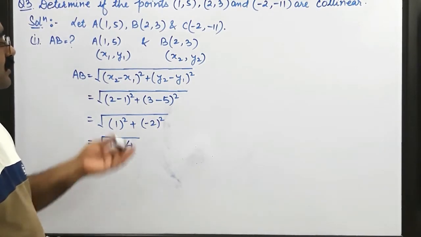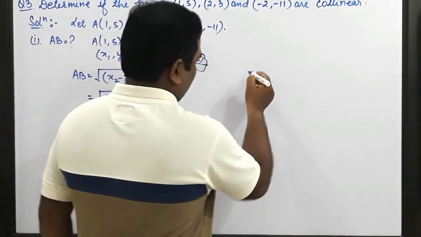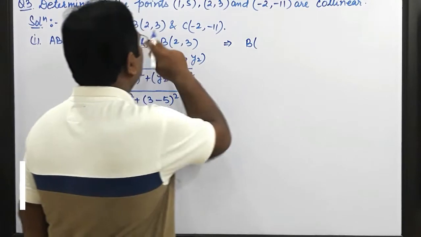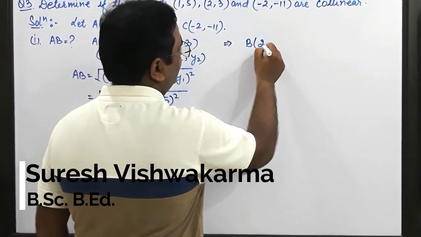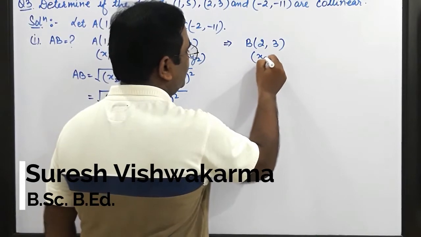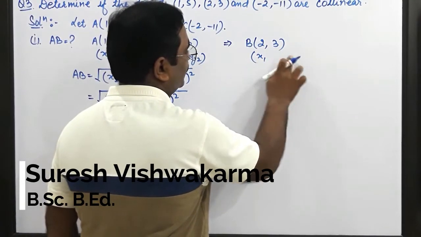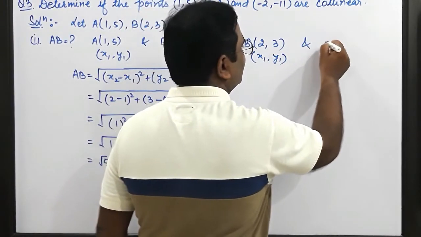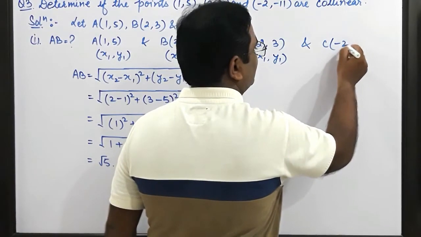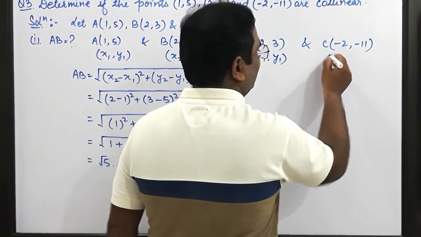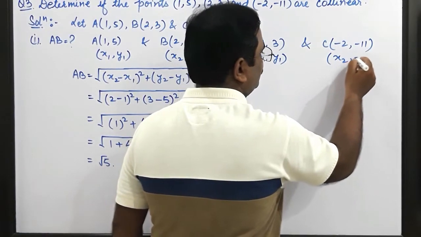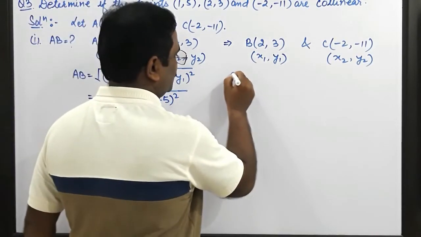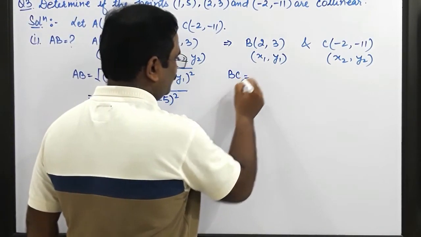Similarly, let us find out the measure of BC. So to find the measure of BC, the coordinate of B is 2, 3, this we are taking as x1 and y1, and the coordinates of C are -2, -11, and say these coordinates are x2, y2. So let us find the distance between these 2 points BC. Similarly, by using the formula BC,